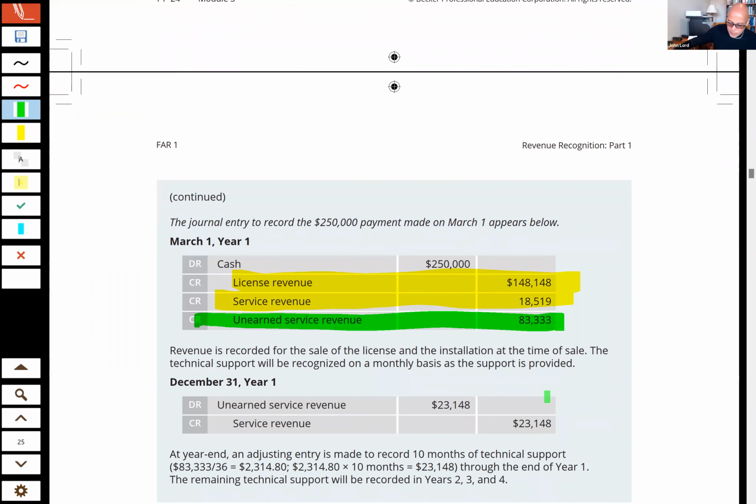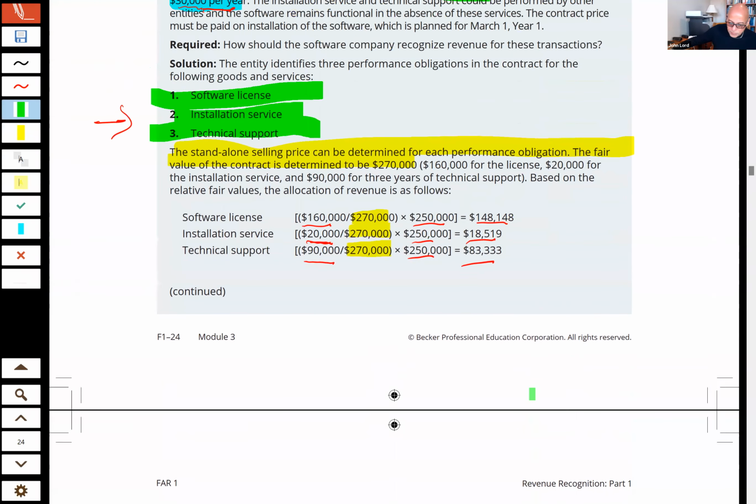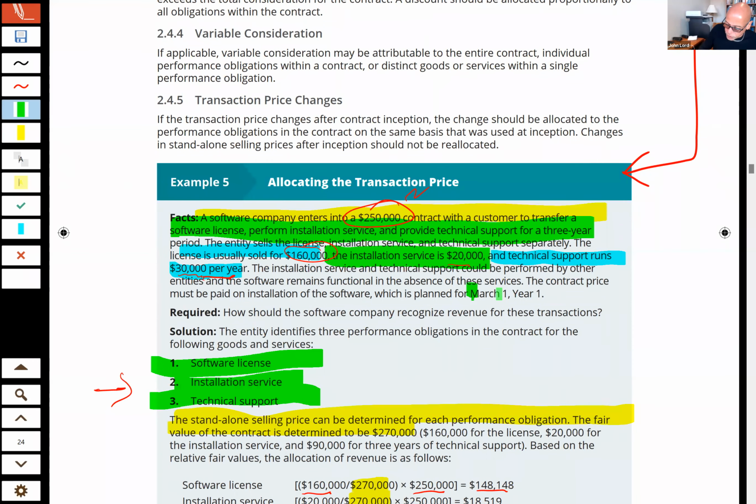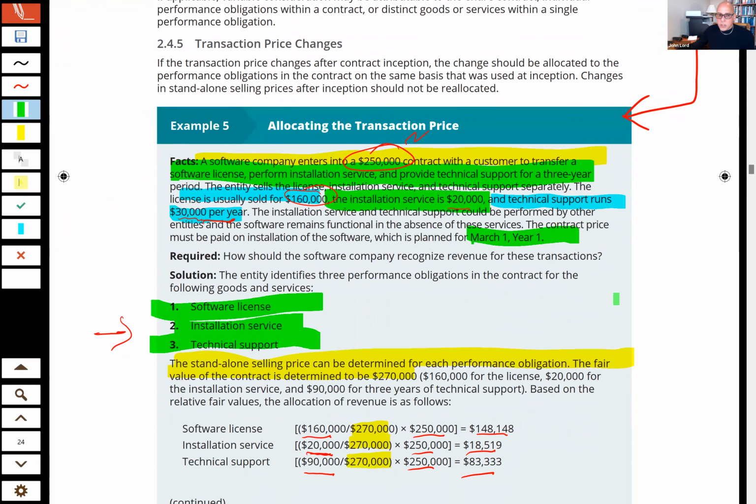and you'll take that over 3 years. Now, in this example, they signed the contract on March 1st. When you count months, guys, be careful. It is an easy mistake to make on the exam to say, well, March is the third month, so that means it's allocated over 9. But if it's March 1st, and if you have to count on your fingers, go ahead. All of March, all of April, all of May, all of June, all of July, all of August, September, October, November, December, that's 10 months.